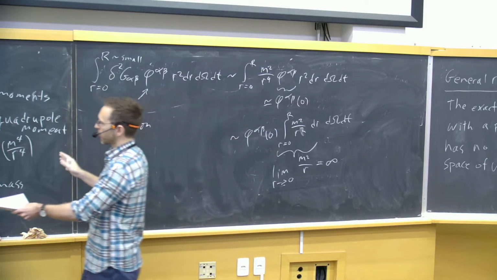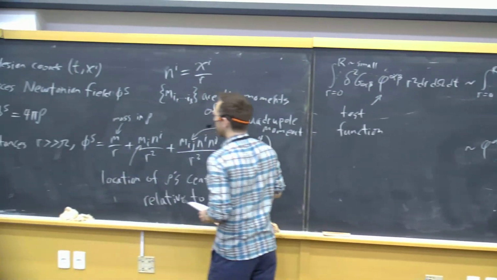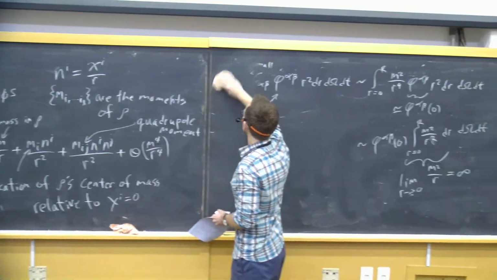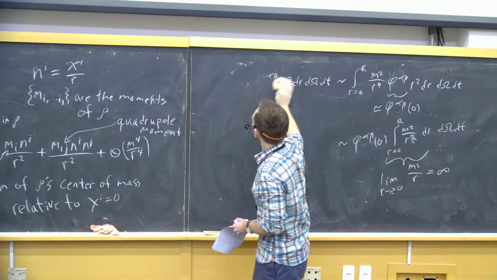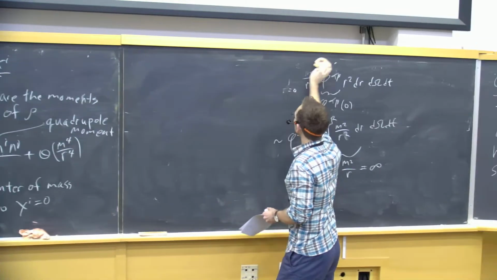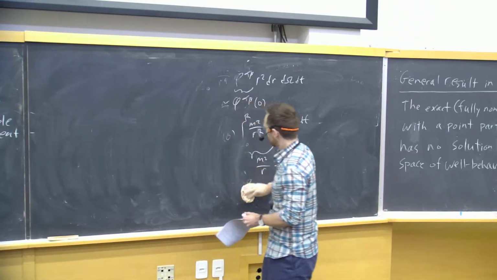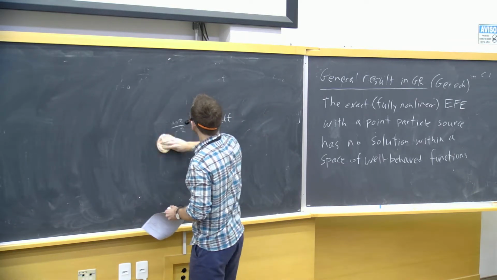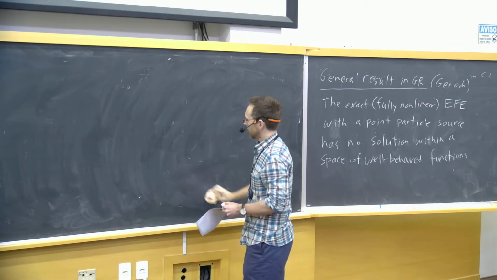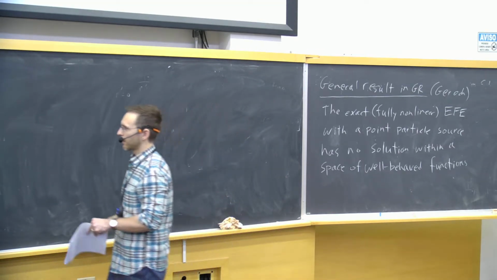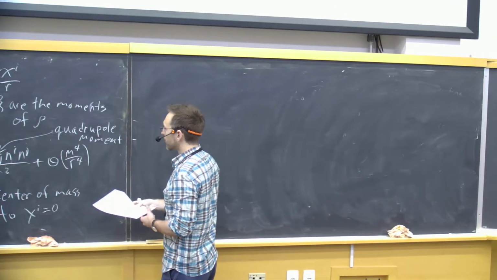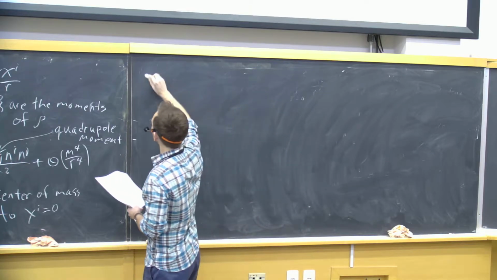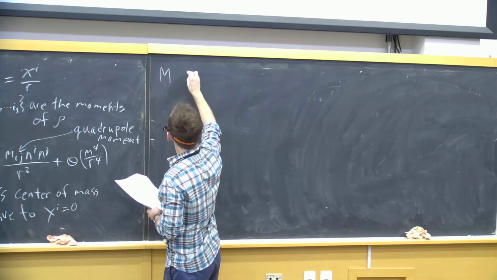So this is the general form of the object's gravitational field, or the small matter distribution's gravitational field, if you're not too close to the object. And it's characterized just by the object's multipole moments. At the same time, the large mass